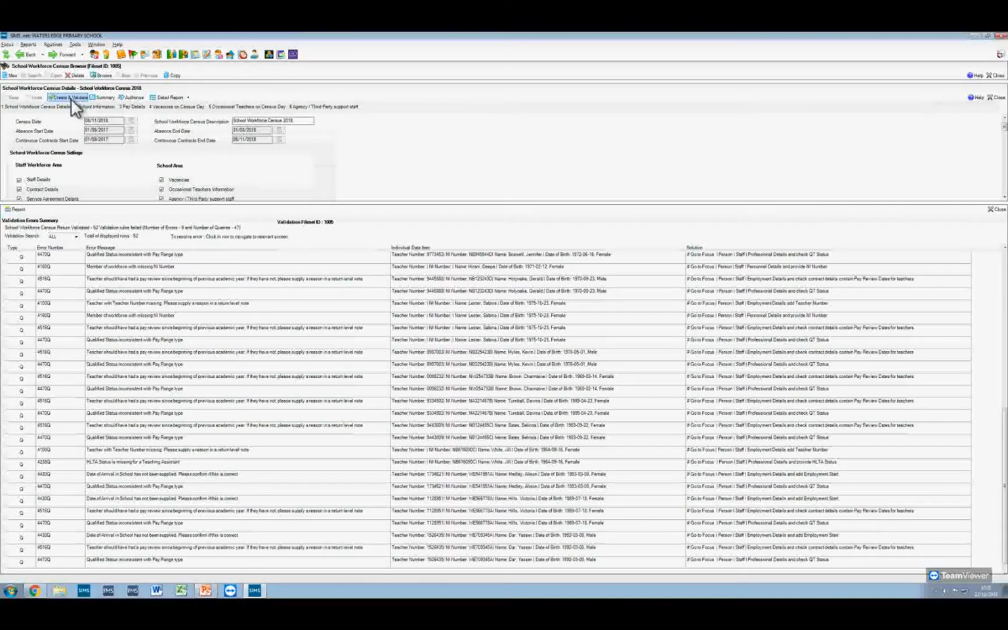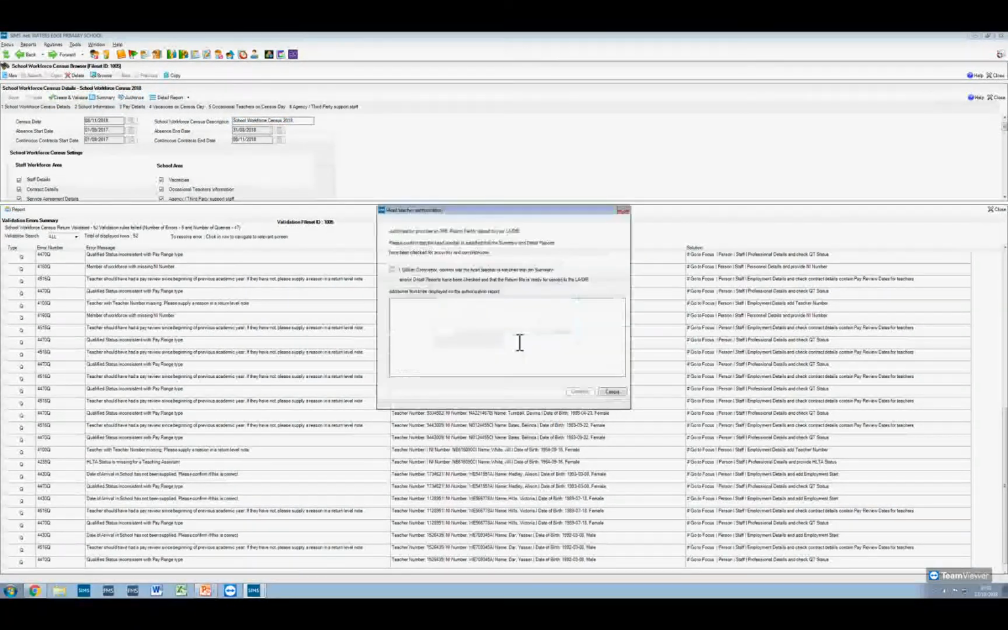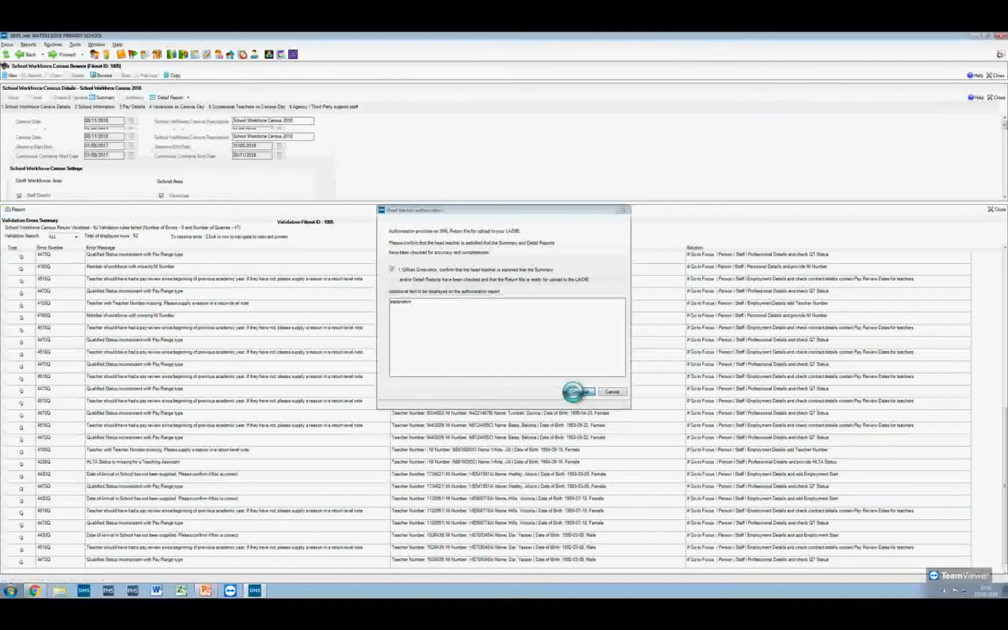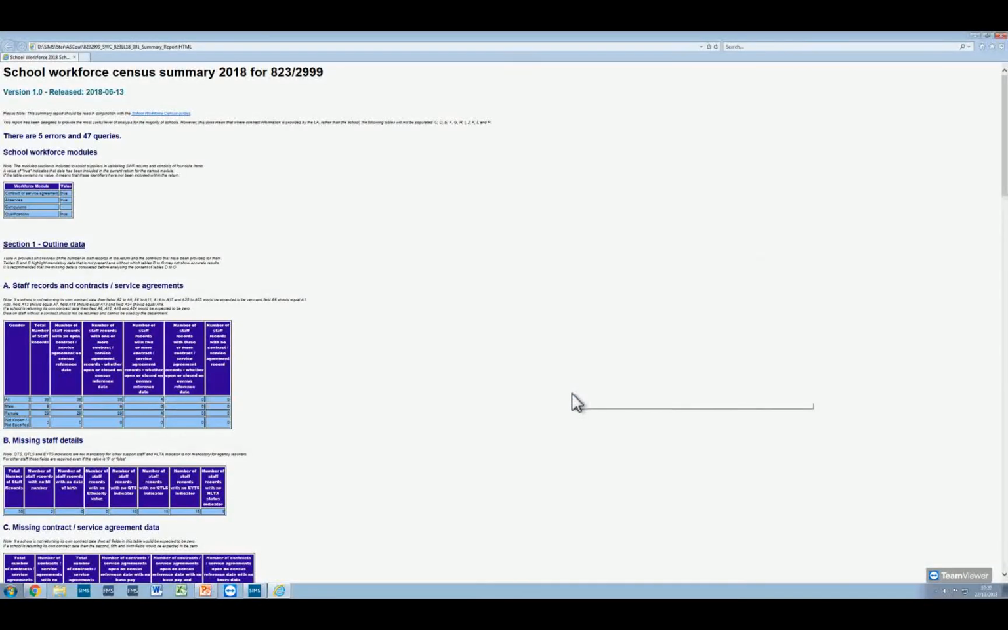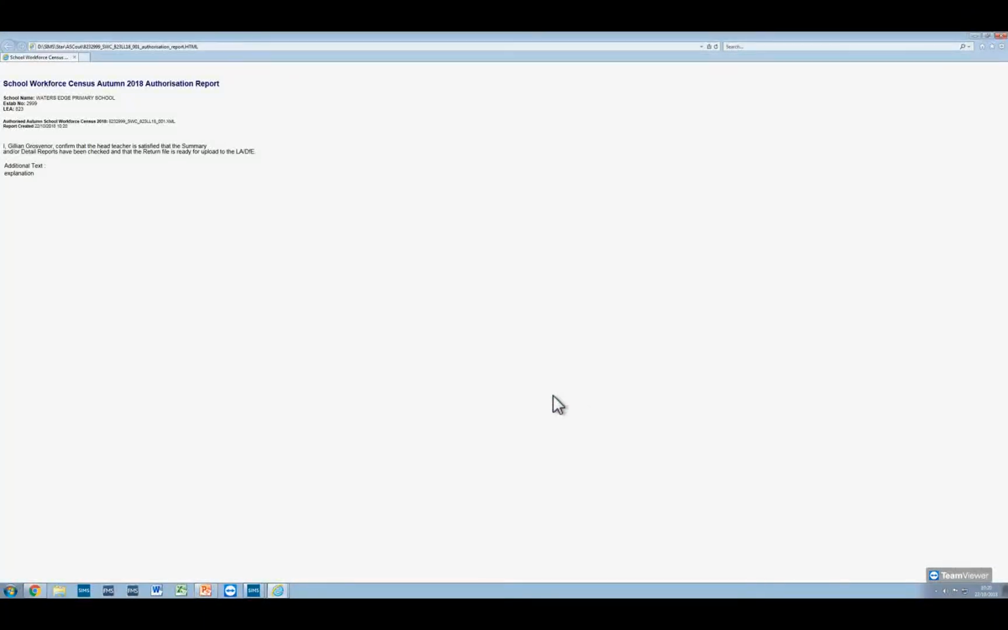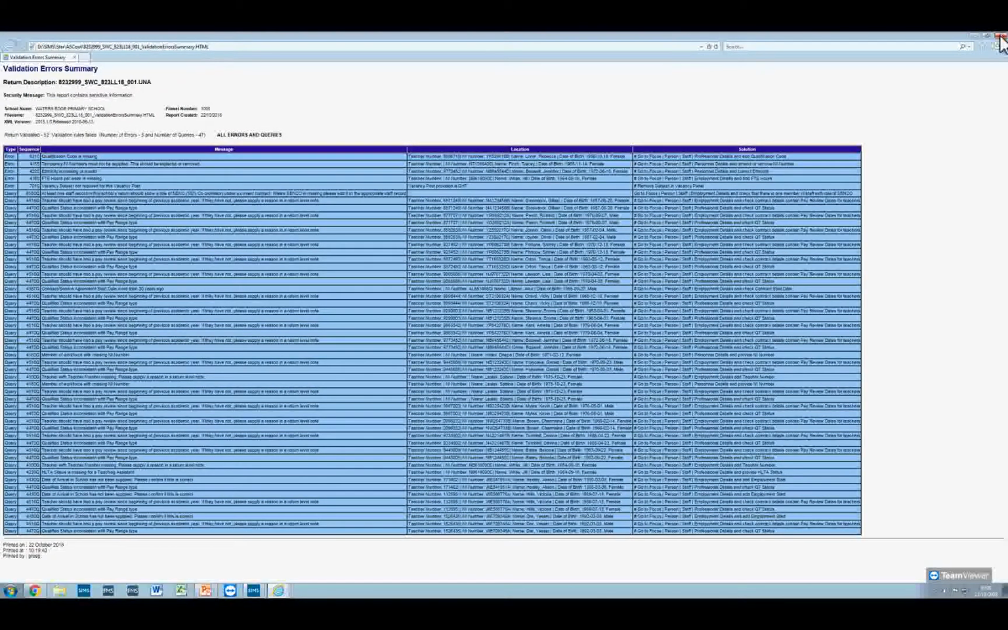Okay, so once you've done all that, once you're happy with it, just click the authorize button. That will then generate the return in the location. I add any notes that may be required to explain things to the DfE once they see explanation. And that then produces the summary reports and the note report. So I can print those off,